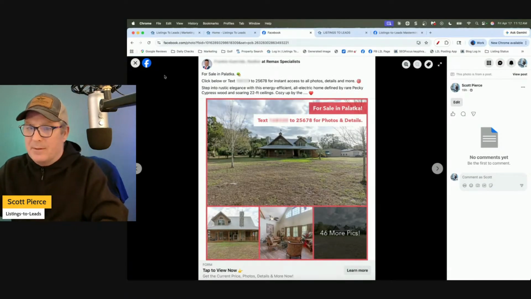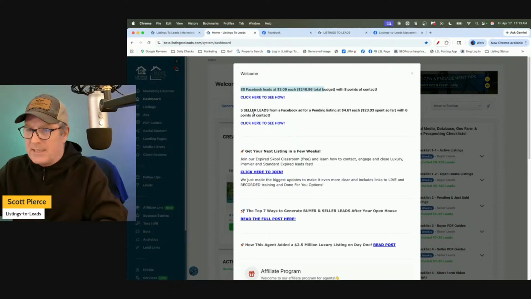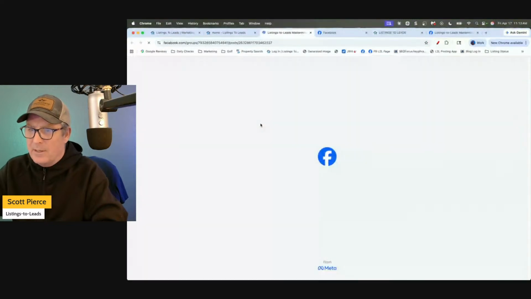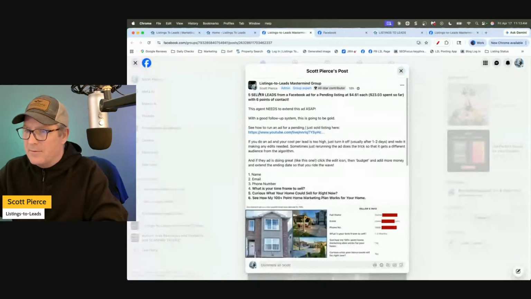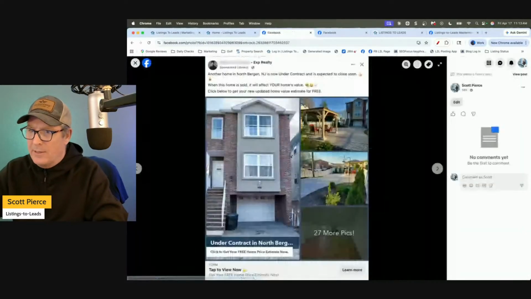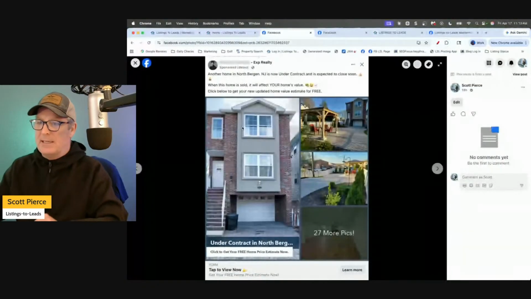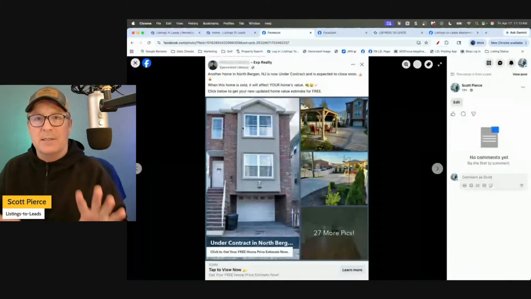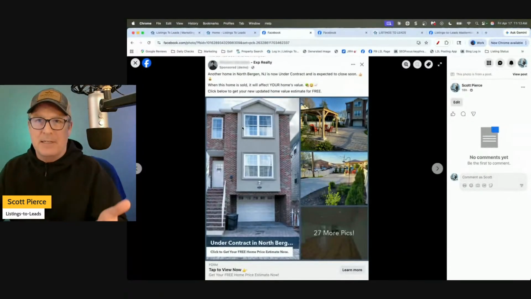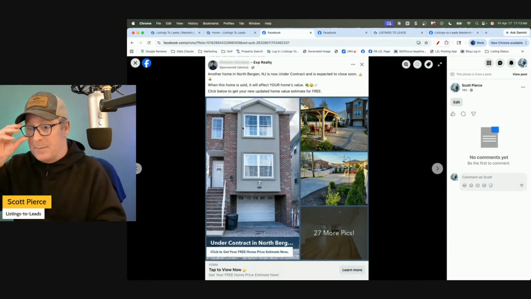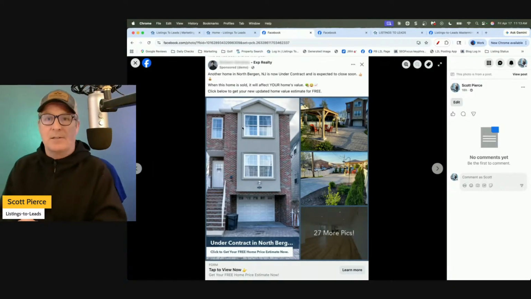All right. We got a few more ads. So we got one here for sellers. Again, I'm back in Listings to Leads. This is the pop-up when you first log in. And here, all right, 5 seller leads, $461 each, has spent $23 so far. This was for a pending listing under contract. And this is one of my favorites: under contract, pending, under deposit, active contingent. These are really some of the best leads for sellers.